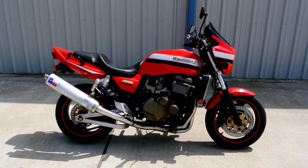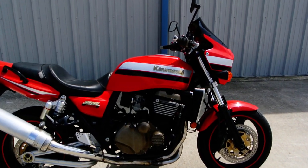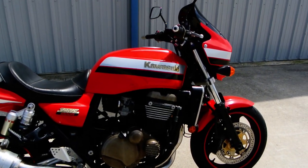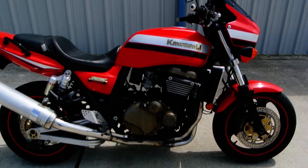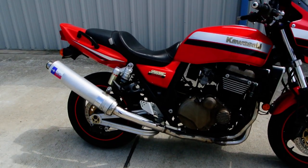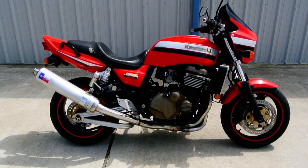These are just really fun bikes, an inline 4-cylinder bike, 1200 cc's, carbureted, liquid cooled, 4 valves per cylinder, dual overhead cams, a steel frame. It has an aluminum brace to the swing arm. I always like to call this bike kind of the retro